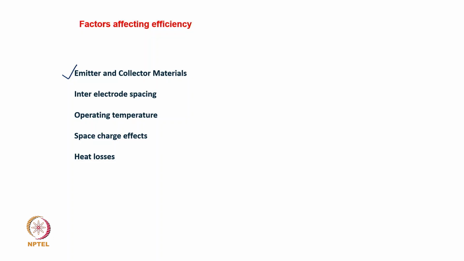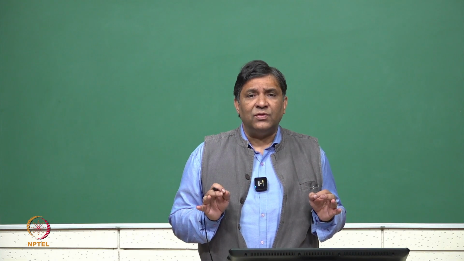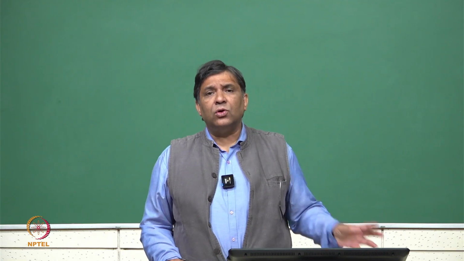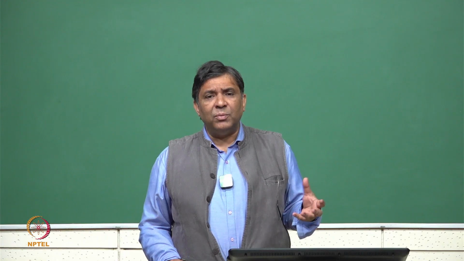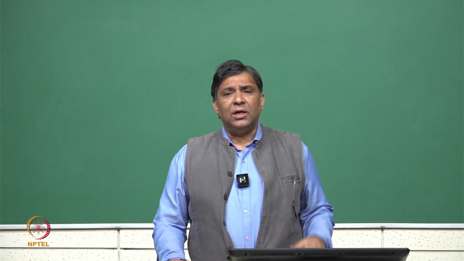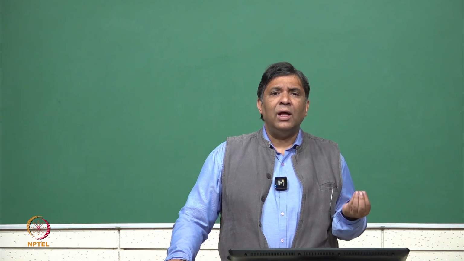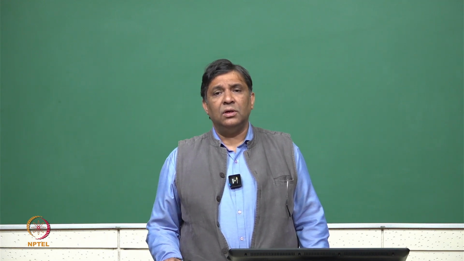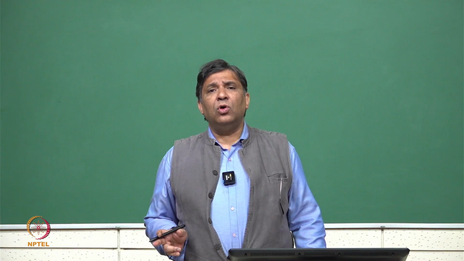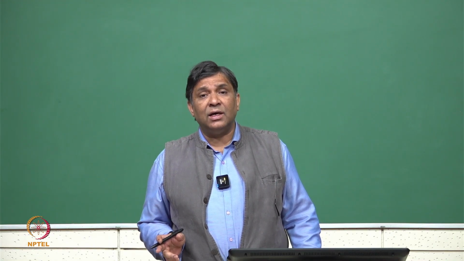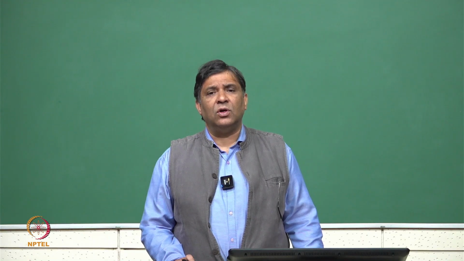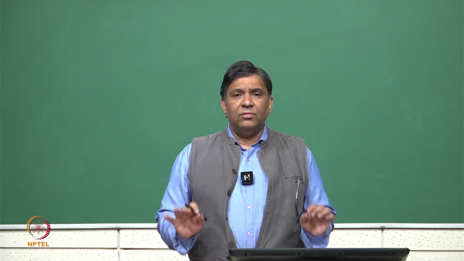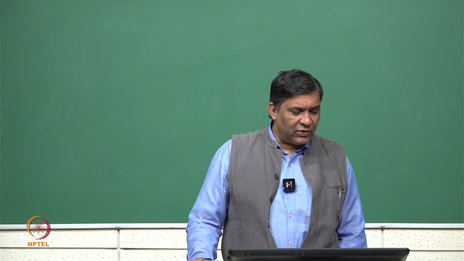I discussed that the difference between the work function should be high. Generally, we choose a material of low work function as emitter, like tungsten, or thoriated tungsten. I will come to this material aspect in my next lecture. But now what we can understand is that a material can efficiently emit electrons when its work function is low. Another factor is that one should also choose a collector material whose work function is even lower than the emitter's, because you want this difference phi E minus phi C to generate maximum voltage.